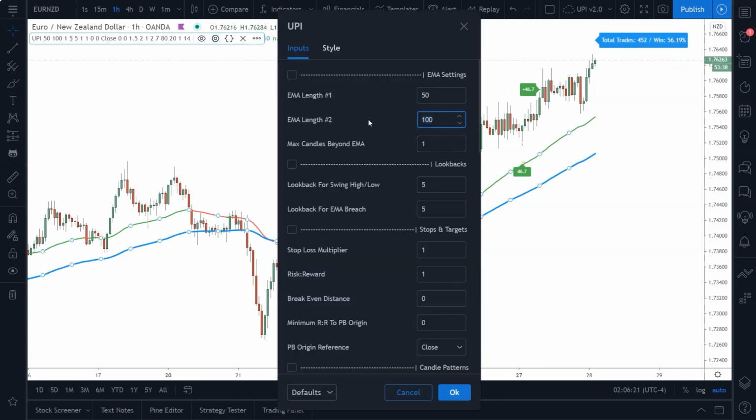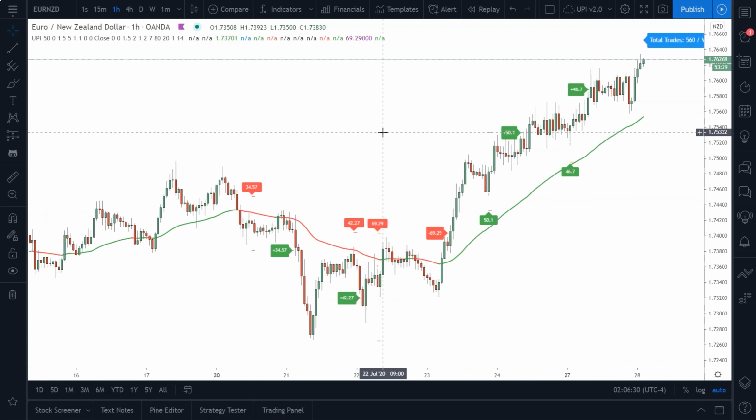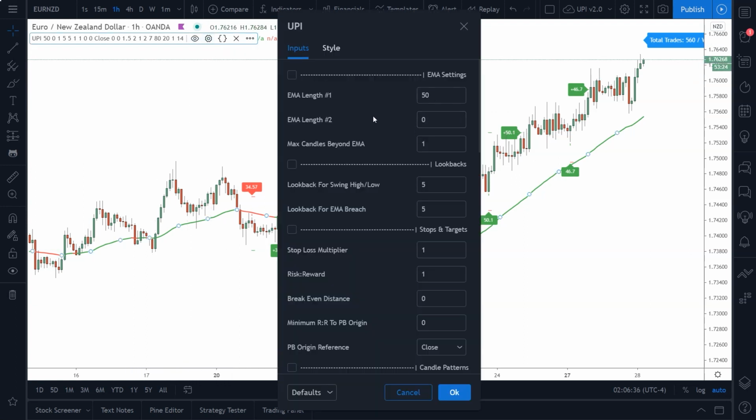If I set this back to 0 and disable it, you can see our win rate dips a little bit, but we get more trades, more trading opportunities. So again, this is for you to customize according to your own preferences. I did get a request from a premium subscriber to the script to add that setting, so I did. But by default, it's disabled because I personally don't use it in my own trading. If you want to, go ahead and try it. See what you can come up with. See if you can optimize whatever currency pairs or markets you're trying to trade to see if it improves your win rate or